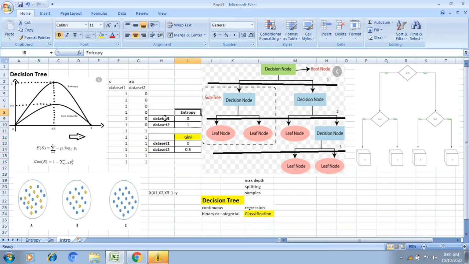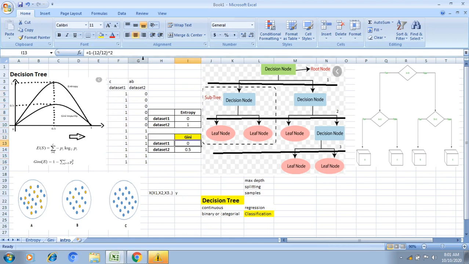First, I am calculating the entropy for data set 1. Okay, here data set 1 contains all ones. That means 12 ones out of 12 samples. That's why I'm writing minus 12 divided by 12, log2 of 12 divided by 12. Here I'm mentioning the base value, this is my log 2, and this is the p value, 12 ones divided by 12 samples. Similar way I calculated the entropy, and if I calculate it, my value is 0. For the pure node, if I calculate the entropy, I get 0.